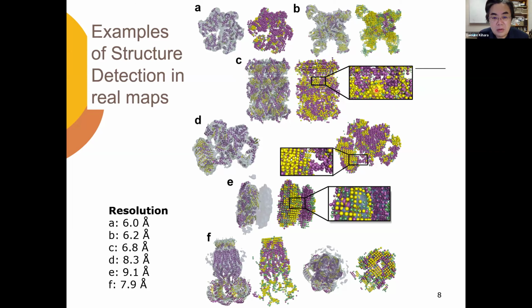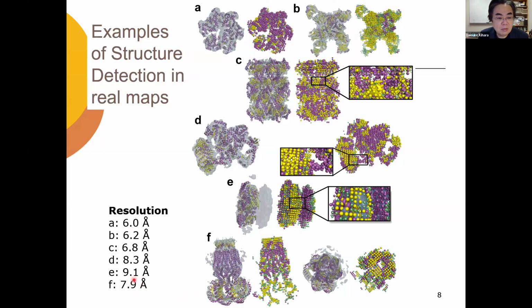So the yellow dots are predicting that this position includes beta strand, and red dots mean that this position is predicted to have alpha helices. As you can see visually, they agree relatively well with each other. And the rest of them are the same type of examples. These examples are from maps of 6 angstrom